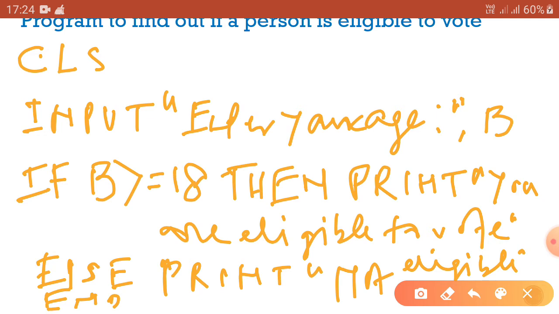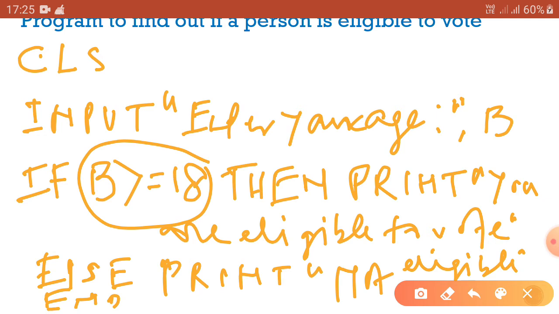So in this example, look very carefully. You are entering the age of the voter, so we are using the input statement and storing the value inside the variable b, and then we are checking the age. If b is greater than or equal to 18, that means if the age is greater than or equal to 18, then print "You are eligible to vote".